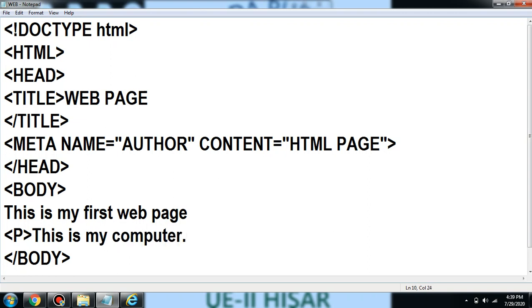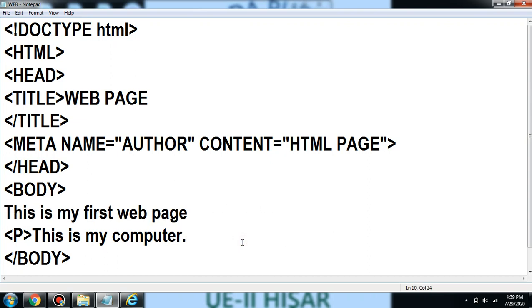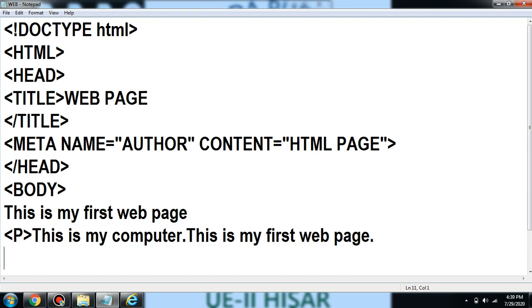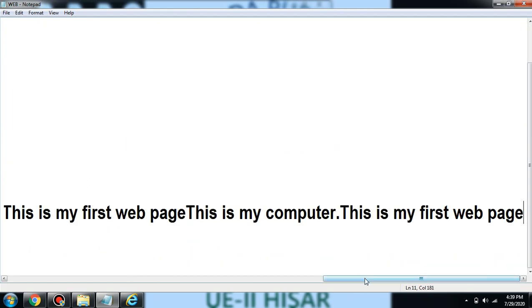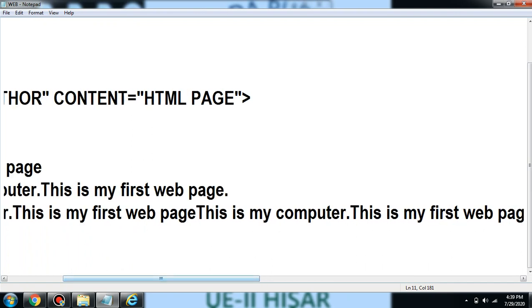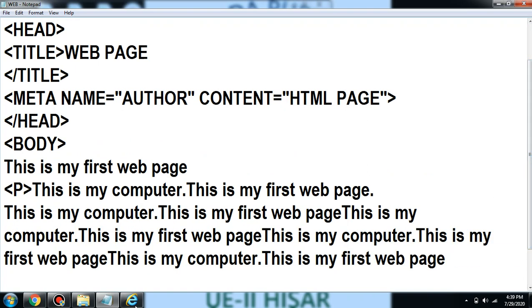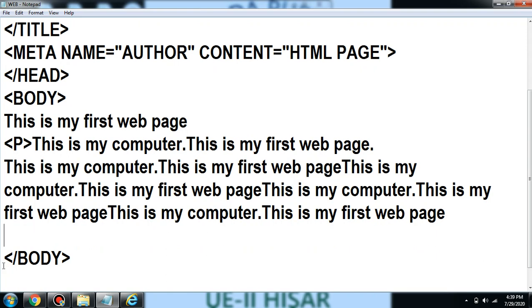We can just copy paste it. So now we are doing this way. I'm just copy pasting it. You can do it on your own. So many lines you can write here. So now in the last I'm closing this paragraph tag. One feature is there here, word wrap, because the screen was scrolling, I have made it on. Now I'm closing this paragraph tag.